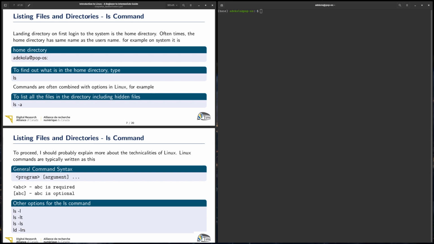Okay, so the first command we'll be learning is the ls command, but first I have here that the landing directory on the first login onto the system is the home directory. Oftentimes, the home directory has the same name as the user's name. So in my case, I have Adekola PopOS. Now, Adekola is my name, and PopOS is the Linux distribution that I am using, which is based on